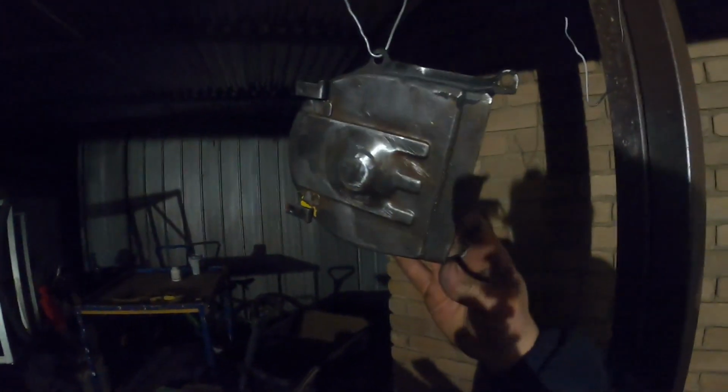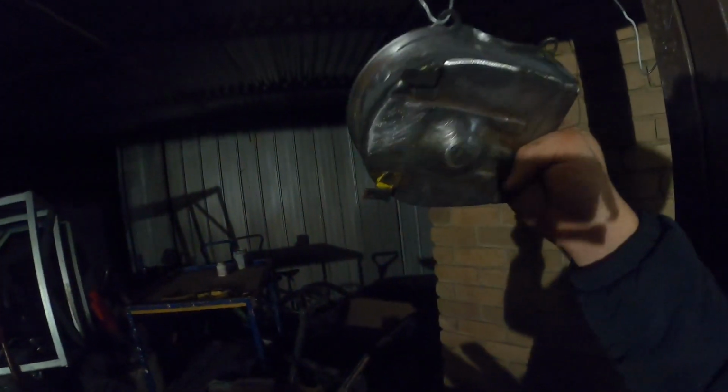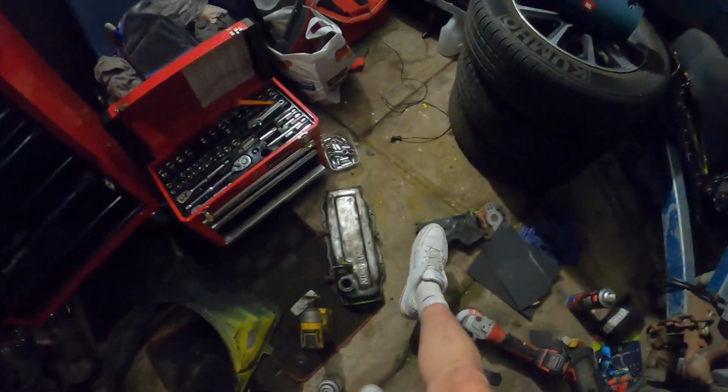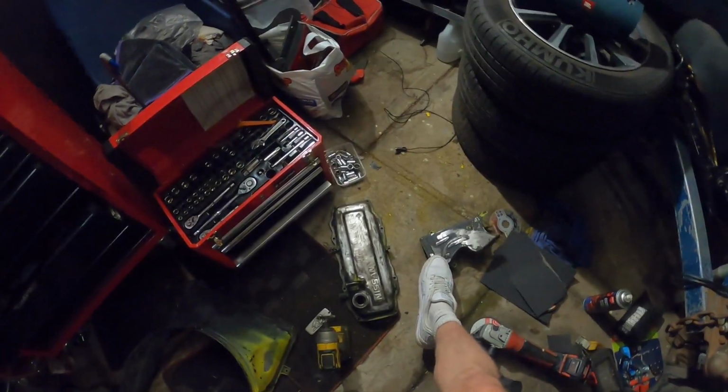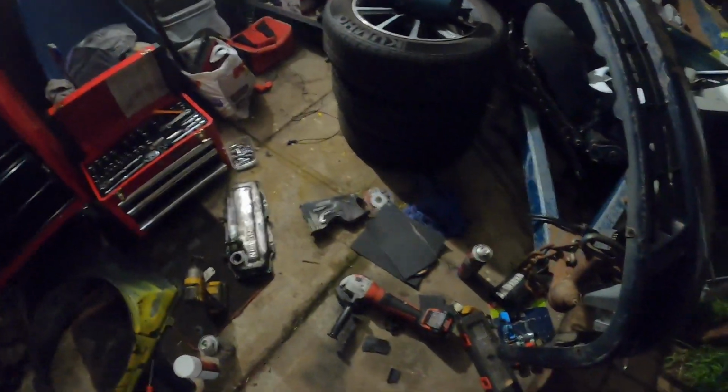Okay, so I've got it down to bare metal on one of them. I'll show you now. It's not my favourite job, but I've got it down to bare metal on most of it. However, I have missed a few bits up here, which are just really painful to get through. However, I am on a time limit, so I'm gonna prime it now. While that's drying, I'm gonna be going over this one again. This one's a bitch because the paint won't come up properly, so I'm using the grinder, and it's hard on a very small surface. So paint now, and